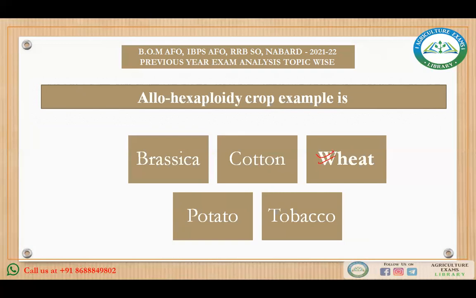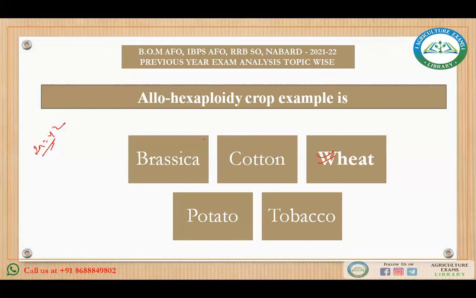You know, botanical name of wheat is Triticum aestivum, and Marconi wheat is known as Triticum durum, Emmer wheat is known as Triticum dicoccum. When you talk about the protein content in the wheat, that is 8 to 11%. What is the name of protein? Gluten. And if you talk about the bread wheat, that is Triticum aestivum, that is hexaploid, means 2n equals 42. Okay, this is mostly grown in India.